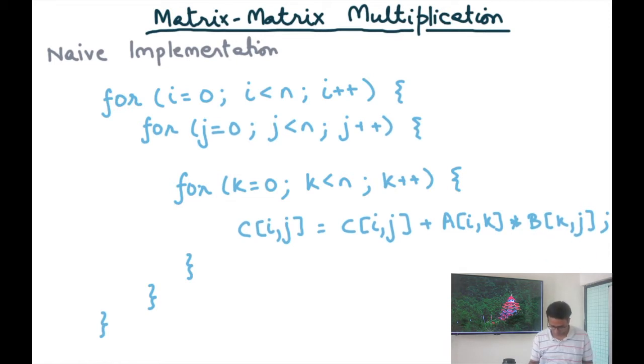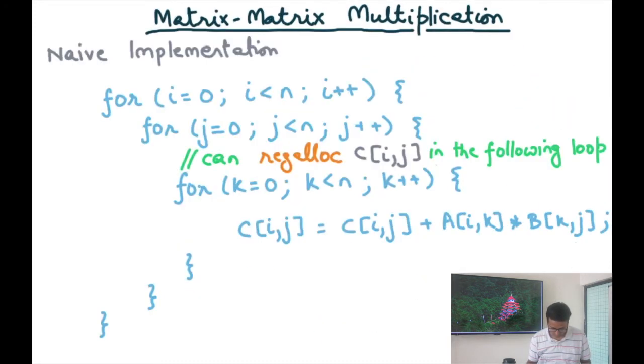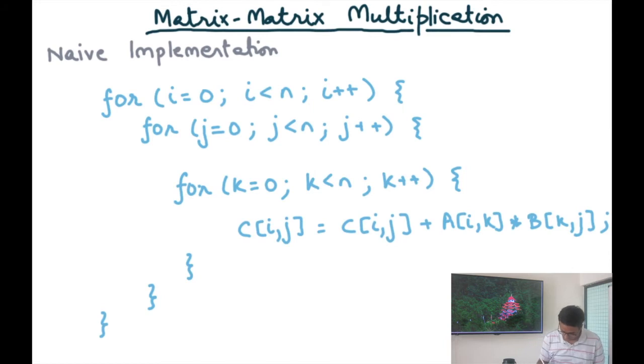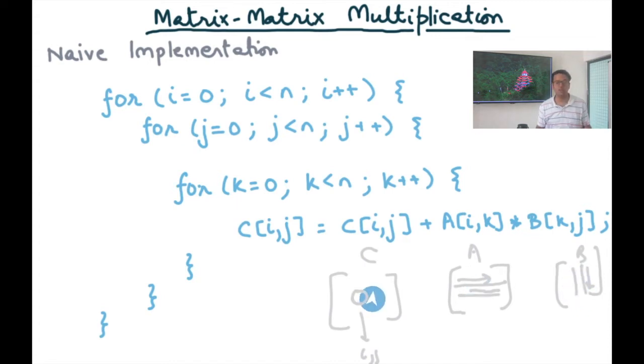All right. So if I was to show this in a diagrammatic form, this would look something like the following. Let me just draw this. So let's say this is C. If I want to calculate the i, jth element of C, then let's say this is A, and this is B. Then I go through the ith row and the jth column and take a dot product of these two vectors. So I take the dot product of the ith row in A and the jth column in B. And that gives me one element in C.